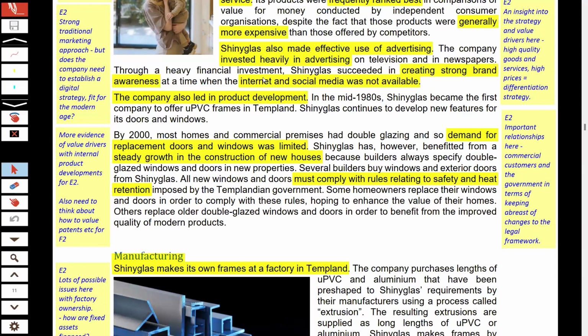Again, that reminds me that I hope they are evaluating marketing strategies, evaluating the performance of them, that they've got the data to be able to do that, and they make appropriate decisions about where to put their marketing budget. And it says they've created a strong brand awareness at that point where the internet and social media was not available. Now that makes me worried because, fast forward to 2024, have they grasped fully the internet